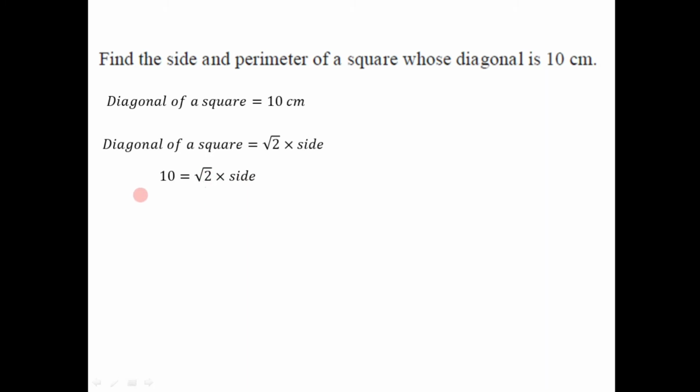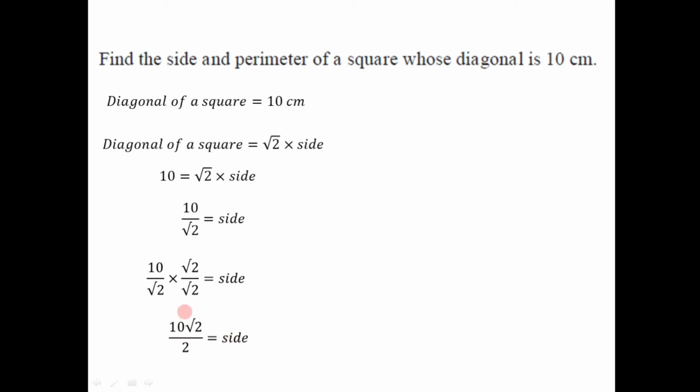If you take root 2 to the left hand side, it will be in the denominator. So as to get 10 divided by root 2, that is equal to side. Now here we have to rationalize the denominator, simplify this one. So to do that, we have to multiply both the numerator and denominator by root 2. So 10 by root 2 into root 2, that is equal to side. If we multiply numerators and denominators, we get 10 into root 2, that's 10 root 2, divided by root 2 into root 2, that's root 2 square. That is nothing but 2, is equal to side.